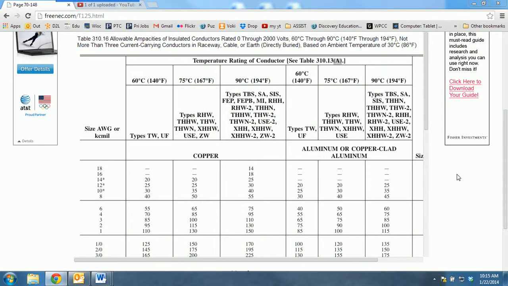Let's take a look at table 310.15(B)(16). Now remember, I'm using the 2011 edition of the National Electrical Code Book. To show you, I'm using the internet, freenec.com, which is based on the 2008 edition of the National Electrical Code Book. In 2008, we had table 310.16, which is the allowable ampacities of insulated conductors rated 0 through 2000 volts,